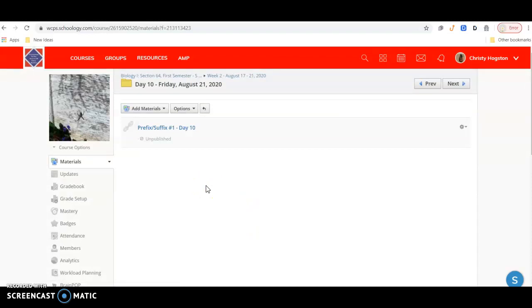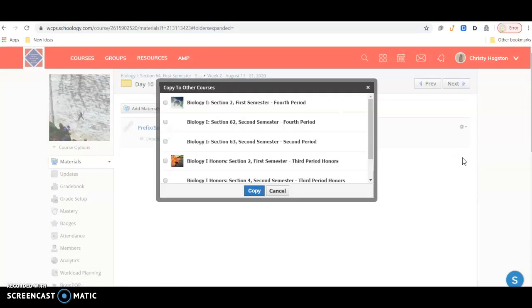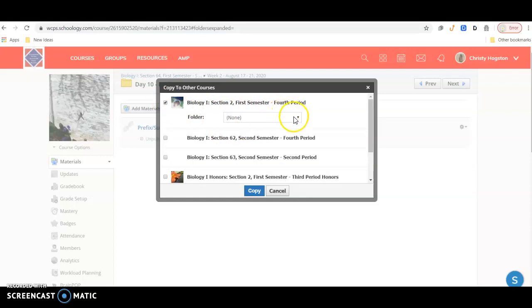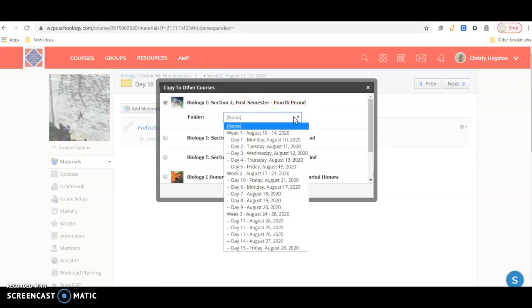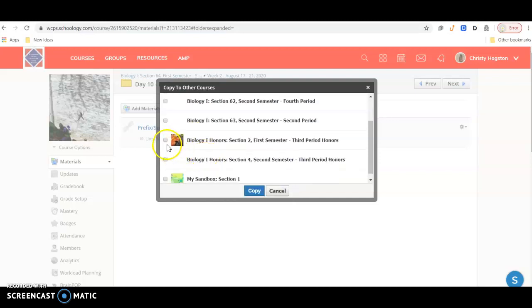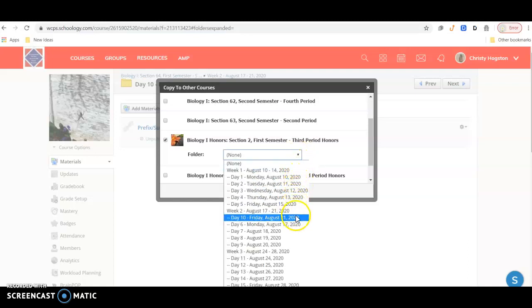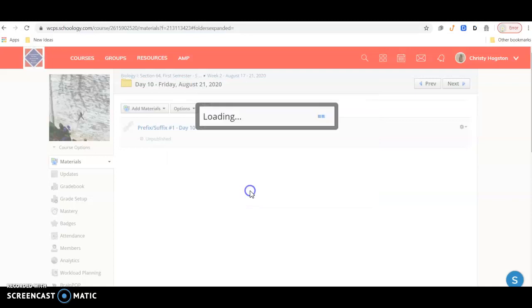Now, I want to do that for my other two classes, but I don't want to manually do it. So I'm going to go over here and click on copy to course. And there's my second period. And again, I know it's this semester because I could read first semester, but it's got a picture. Then I'll choose, so I'm on week 2, day number 10, check. And I also want to do it for my third period, week 2, day number 10, check. And then click copy,